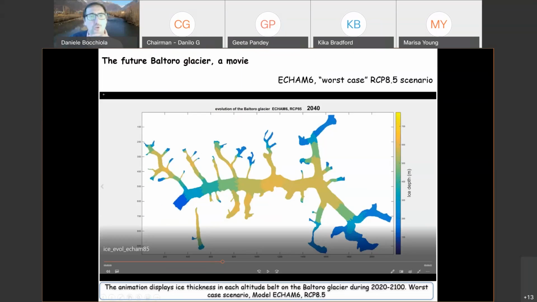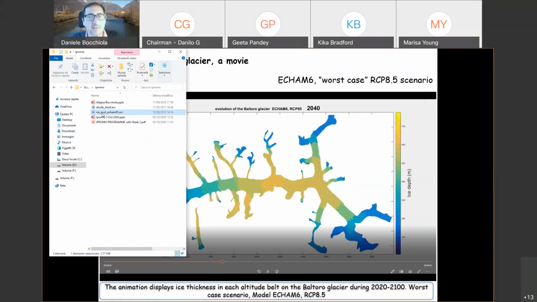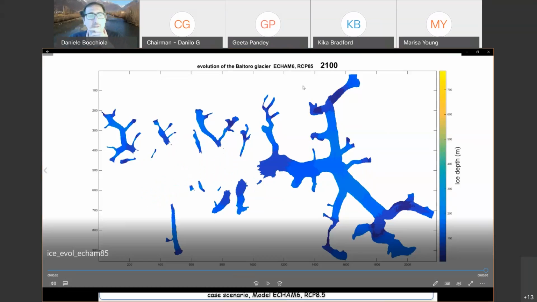Well, I'm not going to show this, but you can even predict, according to different scenarios, the ice depth along the centuries. And you can have slight changes of it. Well, I can show it very quickly. As you can see, along the century,